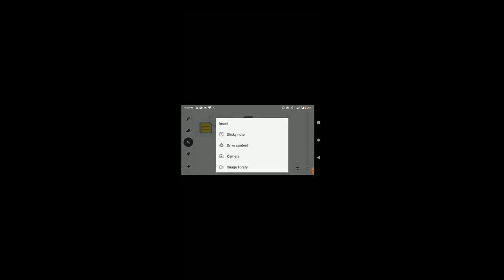Let us see how it can be done. Go to this plus symbol, go to image library, take a picture available with us, this one, resize it, take your pen tool,